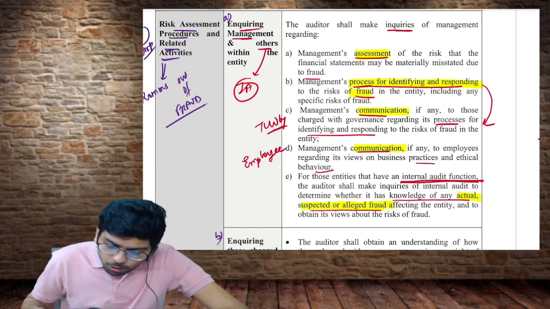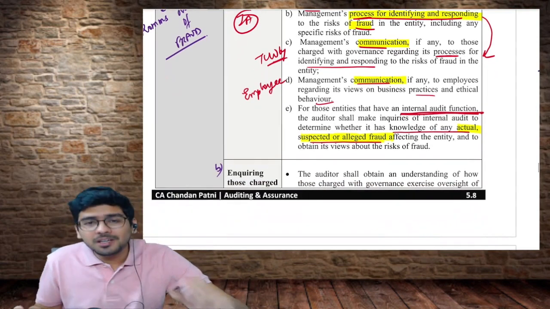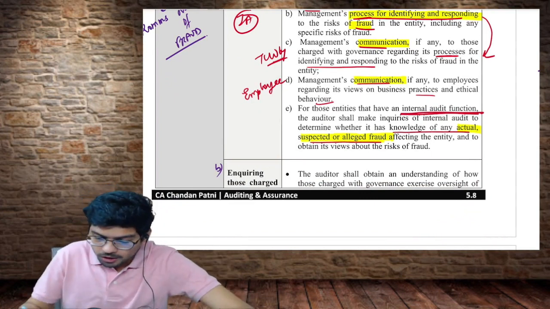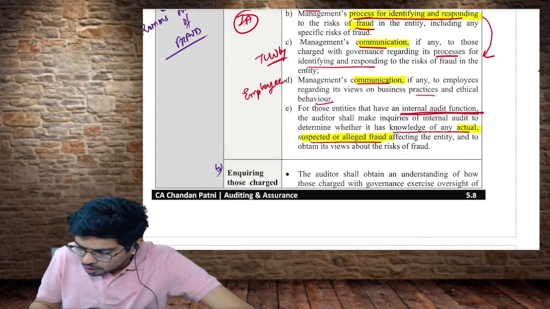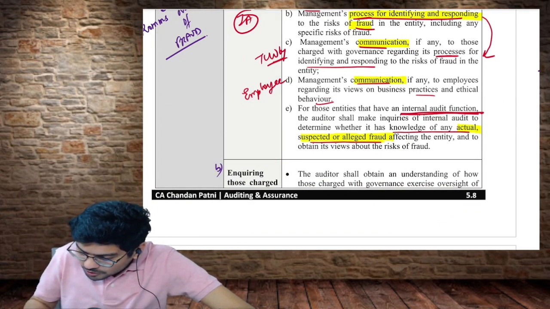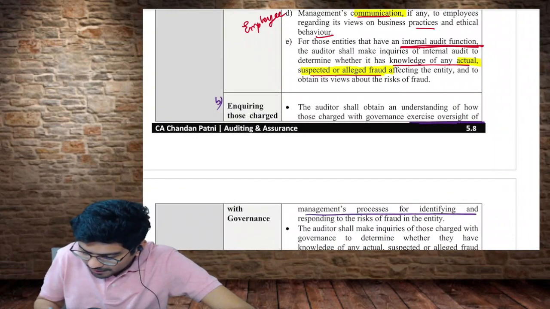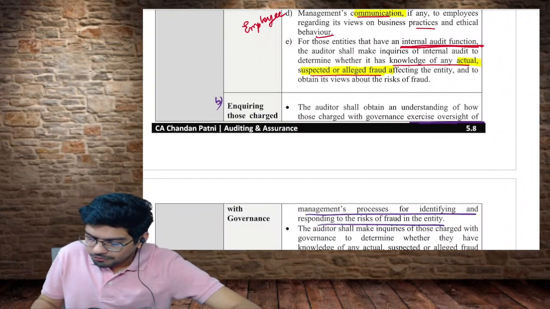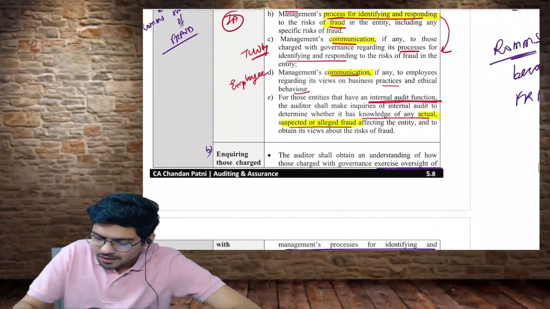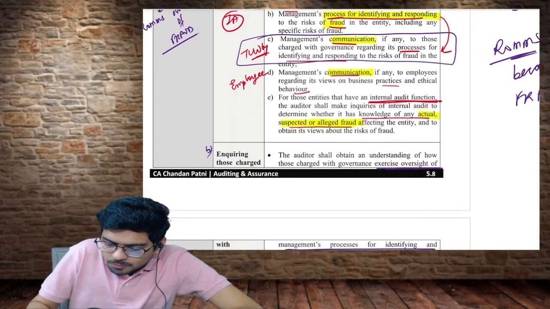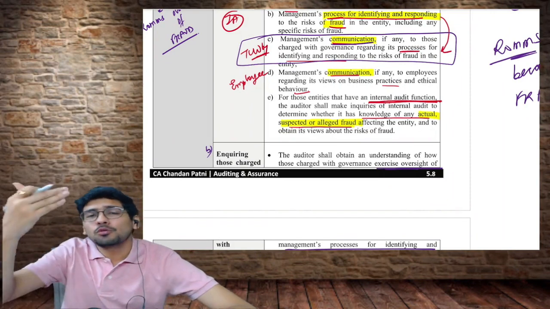Okay, now I'm also going to make an inquiry from the TCWG whether TCWG is aware about any fraud. Okay, so the next point is the auditor shall obtain an understanding of how TCWG exercise oversight of management's process for identifying and responding to the risk of fraud in the entity. So please understand, in this point,